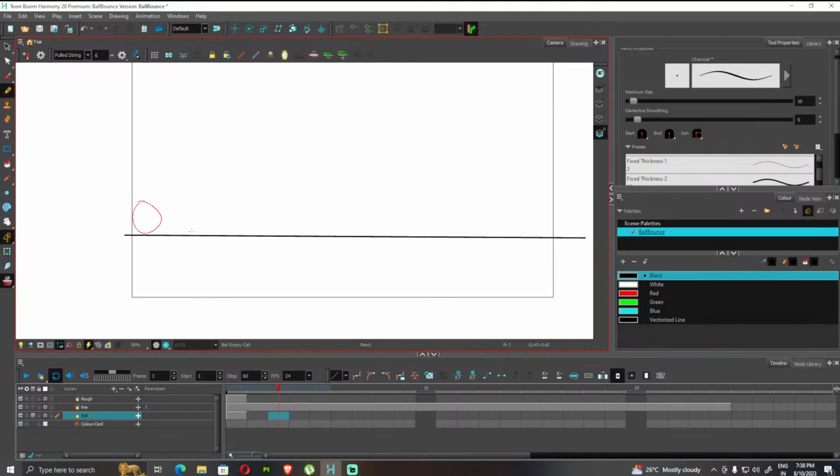So 1, 2, here I will draw the second ball. Then I will go by one frame, then here the third one. Then one frame, then here the fourth one, then here I'll add the fifth,